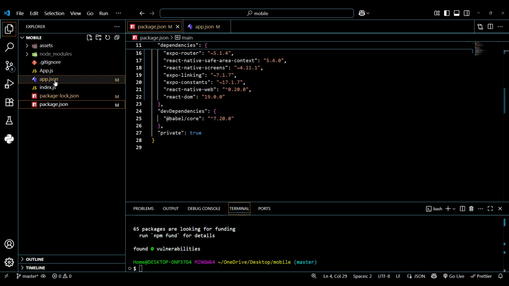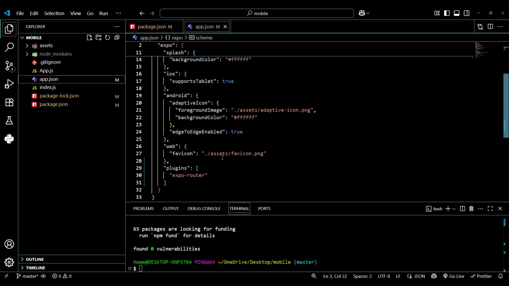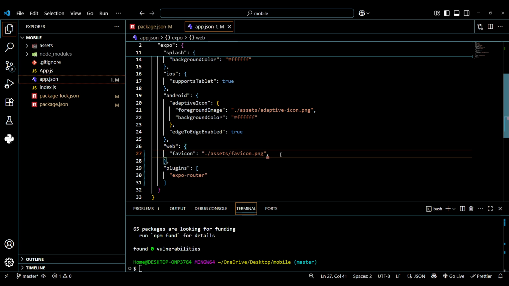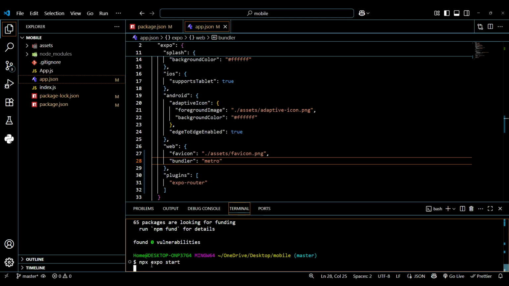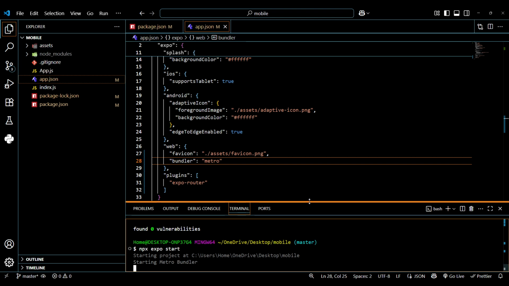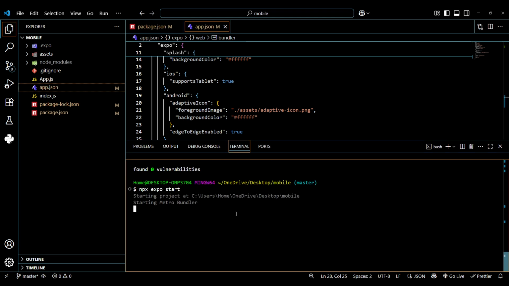Not that one, this one, apps. So you see here for web, let's put it down here. So bundler at Metro, and then from there we have finished setting everything. Now we'll just start npx Expo start. So everything has been set okay now, and then you will see it gives you